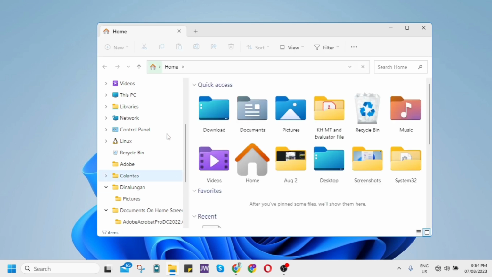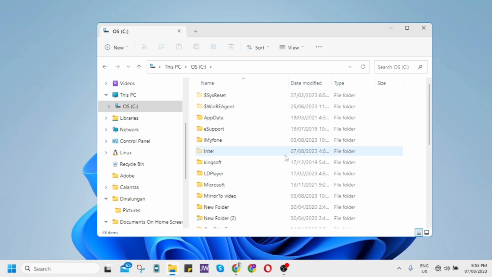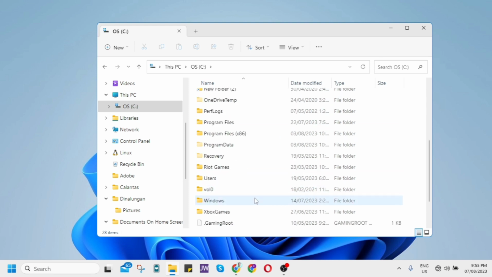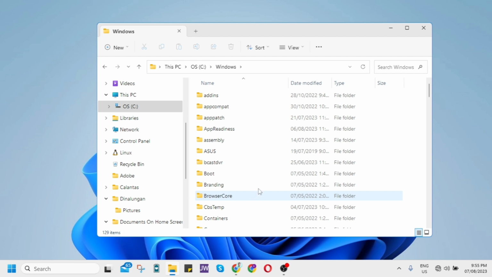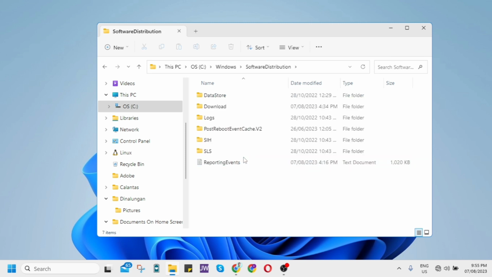So first, open the File Explorer and then click on This PC. And then click on Drive C, and once you double click this one, you'll find all these folders. Then I just want to click this Windows, and once you double click this, try to find the SoftwareDistribution. So scroll down until you find the SoftwareDistribution, and from here all you need to do is